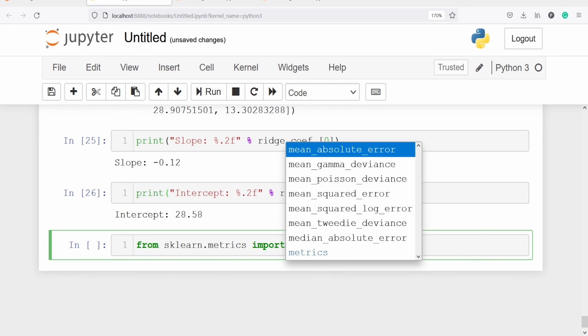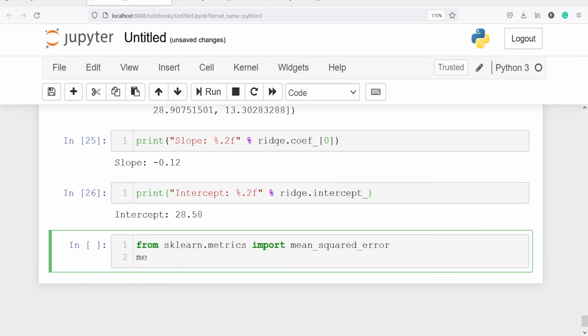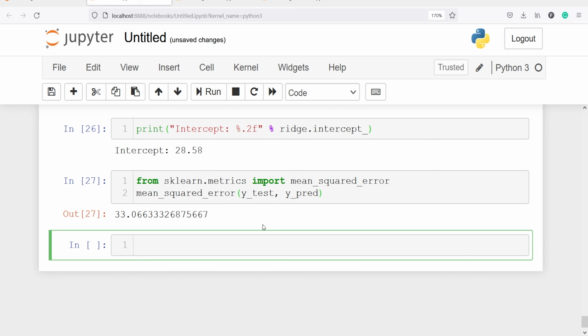Next we will evaluate our model using evaluation metrics from sklearn.metrics import mean_squared_error. We are going to get the mean squared error, that is MSE. I will call this mean_squared_error, and then I will pass our y_test and y_pred. Here in the output, you will see that we got the mean squared error as 33.